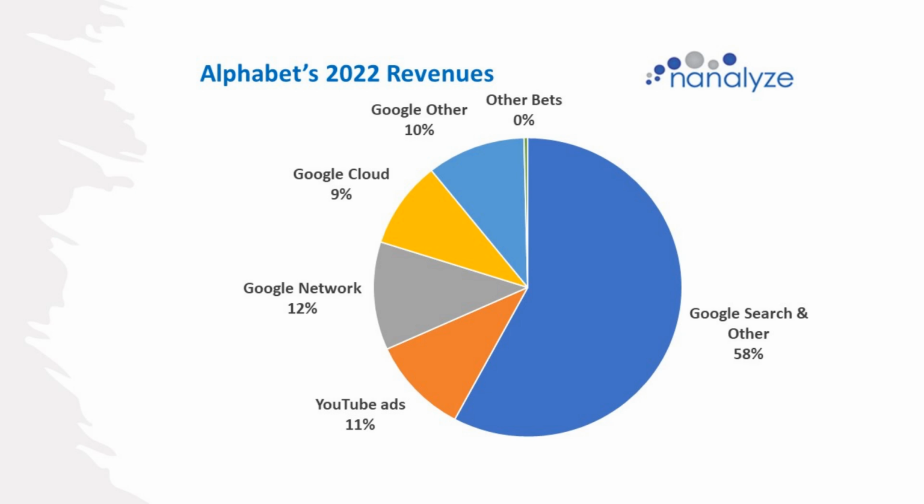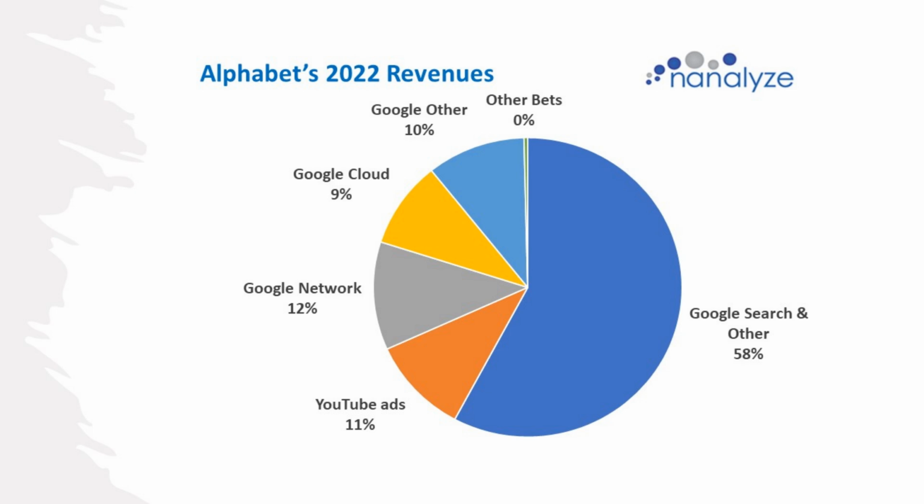and it's quite funny, even though they've renamed to Alphabet, practically everything you see here is labeled Google. So we have Google Search, which is the dominant segment. Over half the revenues come from that. That's simply when you go and search in Google and the ads that pop up and whatnot, that search engine, the money it generates is reflected there. You have YouTube ads, so Alphabet or Google bought YouTube. Then you have Google Network. That's an ad network when you purchase ads to advertise your company or product or services using Google. That's the network of partners they utilize. Google Cloud, their cloud computing offering. Then you have Google Other. That isn't very helpful. And Other Bets.